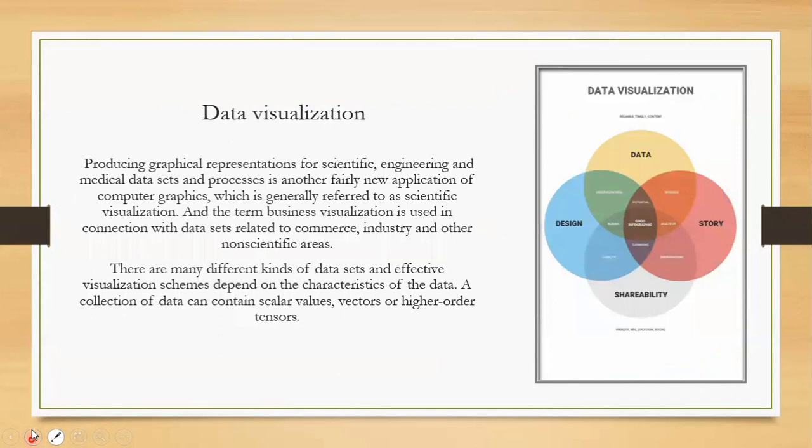And next one is data visualization. Producing graphical representations for scientific, engineering, and medical data sets and processes is another fairly new application of computer graphics, which is generally referred to as scientific visualization. The term business visualization is used in connection with data sets related to commerce, industry, and other